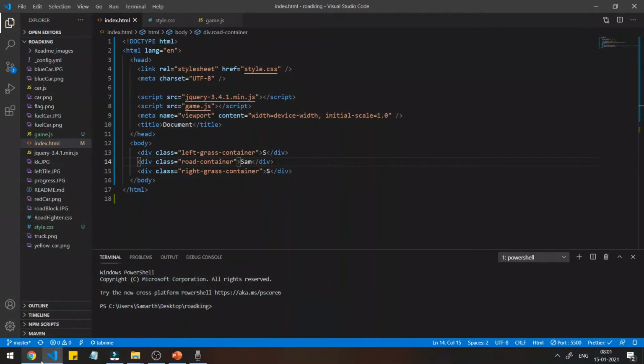Okay, I missed the S keyword here. That's why there was a problem there. Now I have my S keyword intact. So this